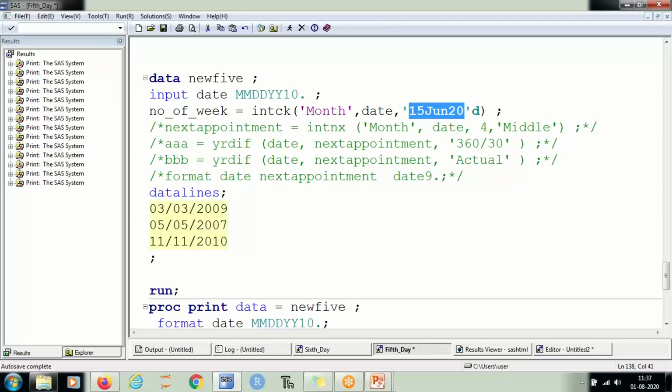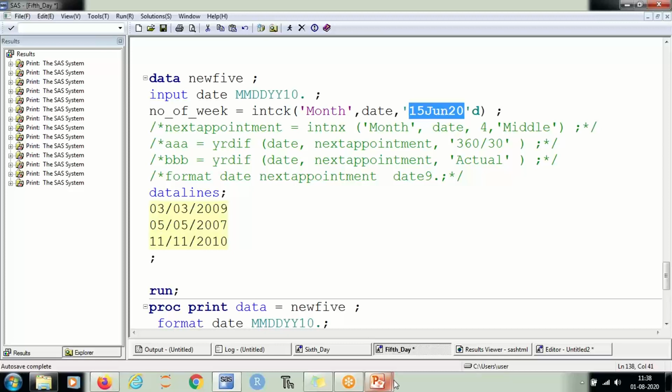So we have another function by the name of INTNX. It helps me to get the next date. Whenever you visit any doctor, they give you a date after 3 weeks.